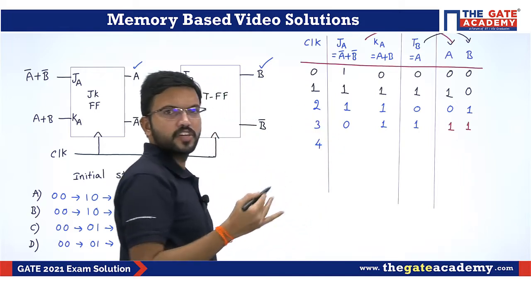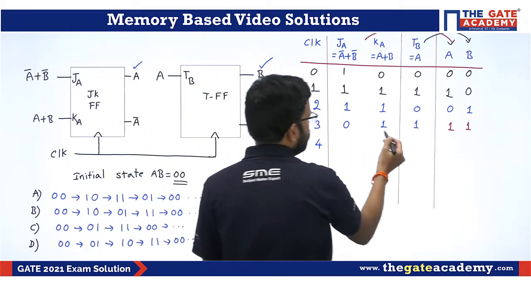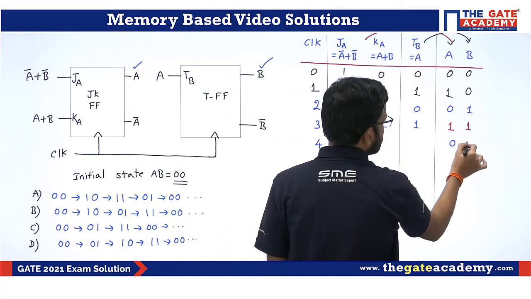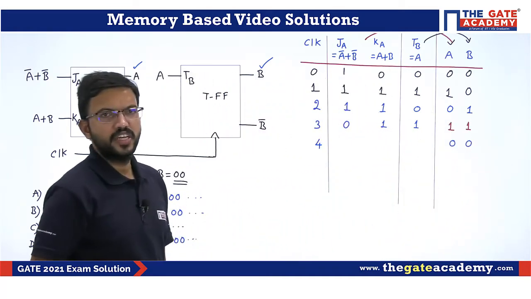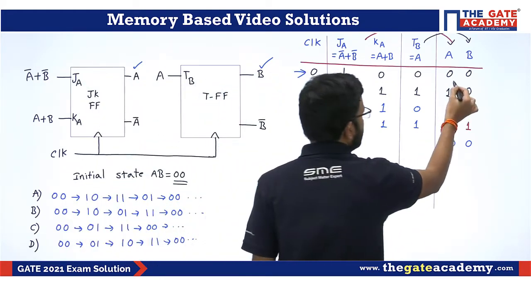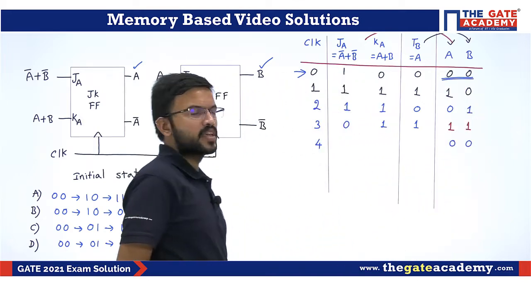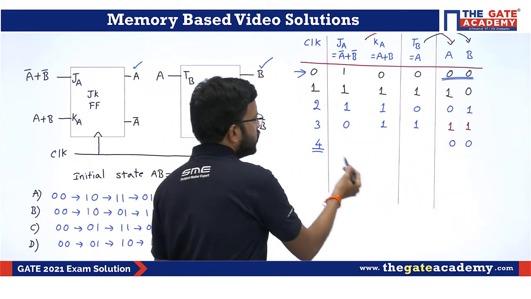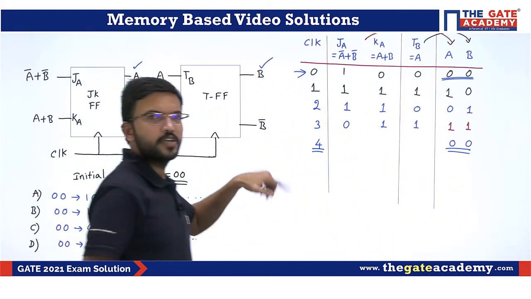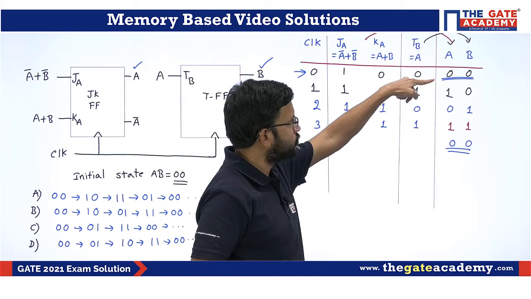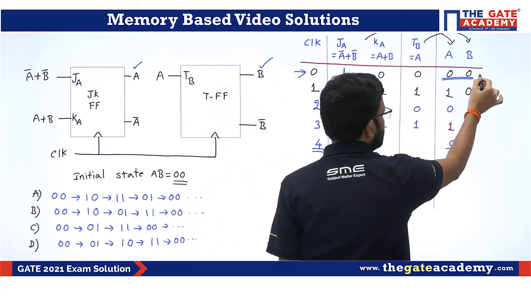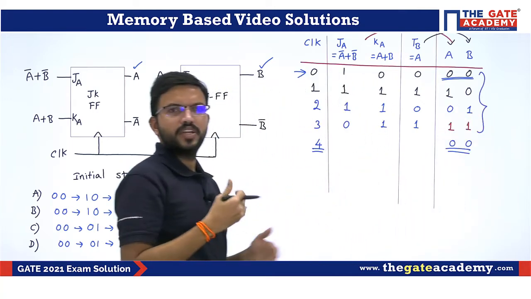The fourth positive edge of the clock pulse I am applying. Here 0, 1, the output is 0. Here the input is 1, so the output will get complemented. If you observe, initially, when no clock pulse is applied, you have the state 0, 0. After applying the fourth clock pulse, you get the same state. That means this particular circuit will repeat these states: 0, 0, 1, 0, 0, 1, 1, 1, and then once again. These 4 states this circuit will repeat.